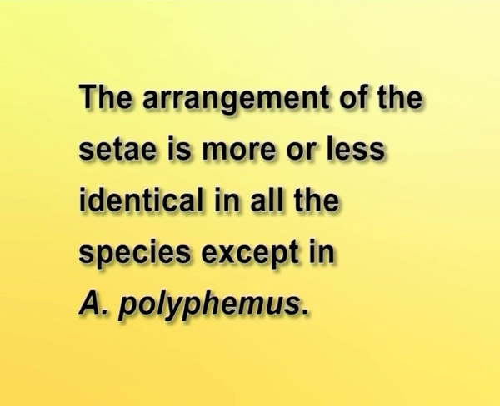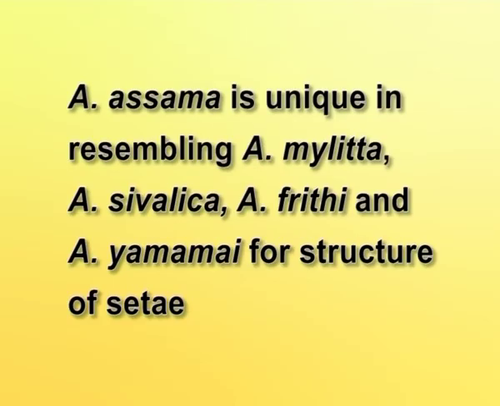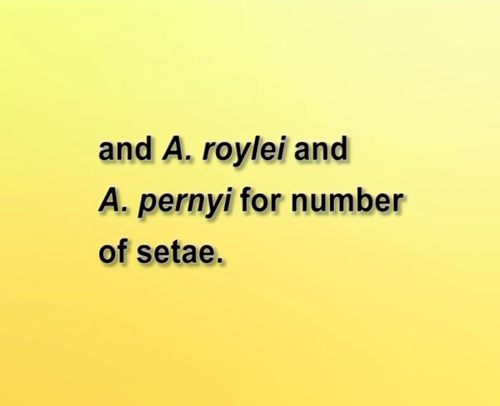The arrangement of the setae is more or less identical in all the species except in Antheraea polyphemus. It is noteworthy that Antheraea royale and Antheraea perni show a remarkable degree of resemblance in all features. Antheraea assama is unique in resembling Antheraea mylitta, Antheraea sivalica, Antheraea frithi and Antheraea yamamai for structure of setae, and Antheraea royale and Antheraea perni for number of setae. Antheraea polyphemus, while resembling Antheraea assama in number of setae, has a distinctive arrangement of setae on some of the